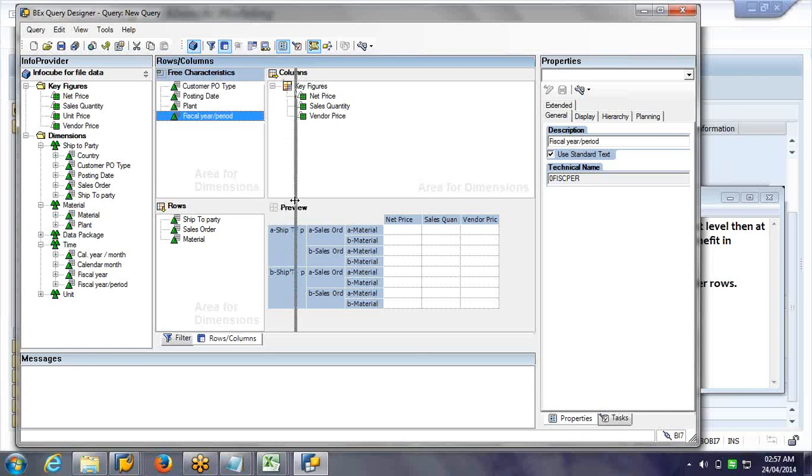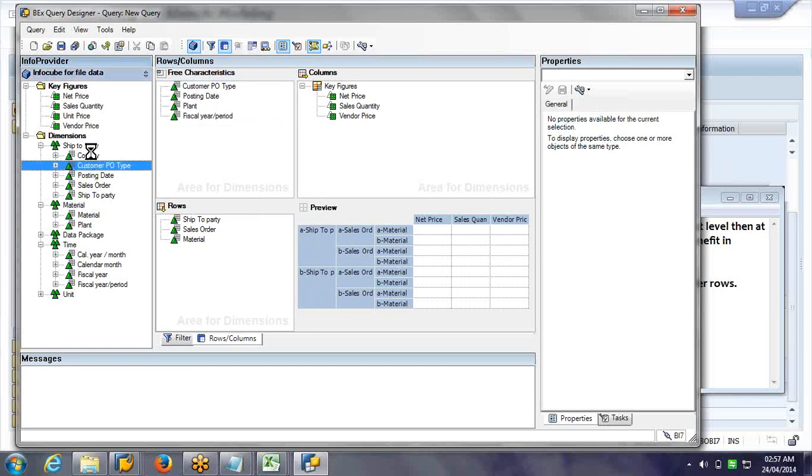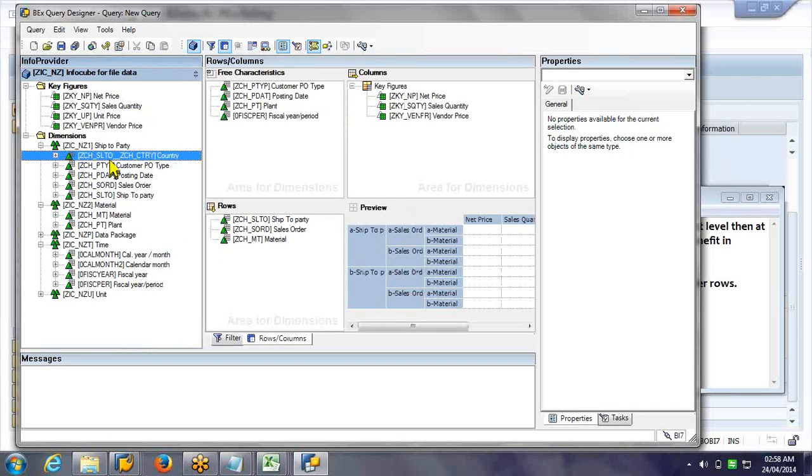Now, since we have enabled navigation attribute, you can see country also available. Just switch on the technical names. It is your navigational attribute, the double underscore.